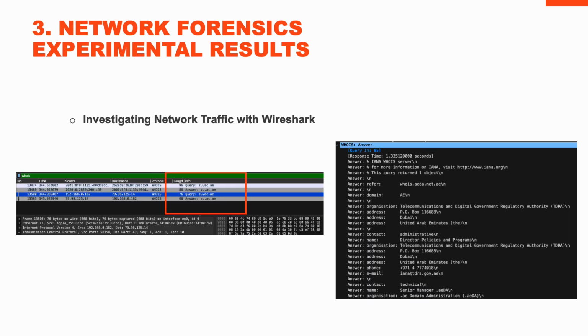So in the third section of our analysis, we moved into network forensics, and in this section we utilized Wireshark as a tool to sniff the traffic within the network. We examined the traffic, and we were able to identify an interesting packet, which is a packet of the whois command that was utilized by the attacker. Whois is not malicious on its own, however it is usually used by attackers to gather information about the target, and it can give an indication of a potential target.